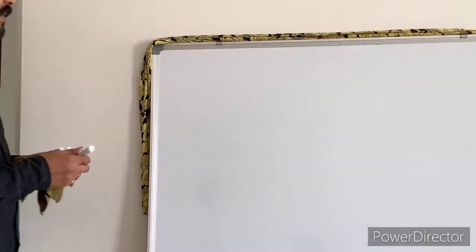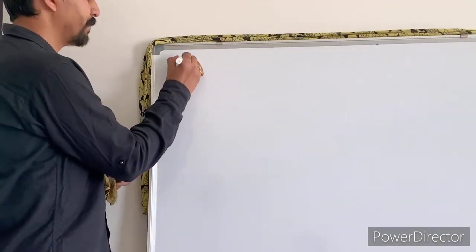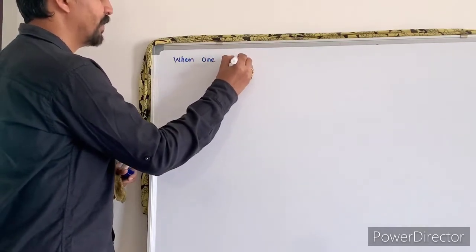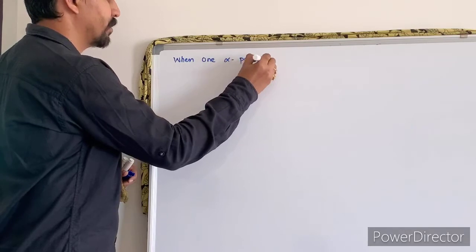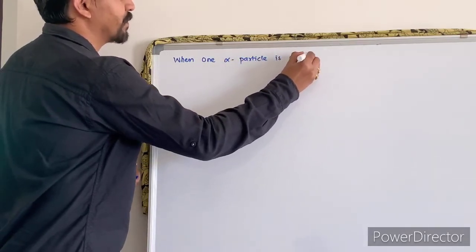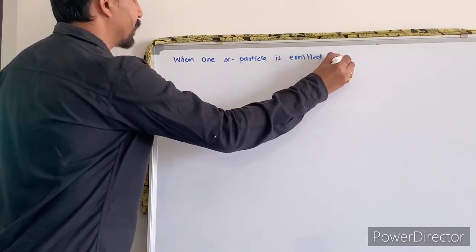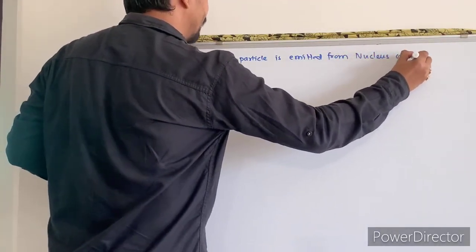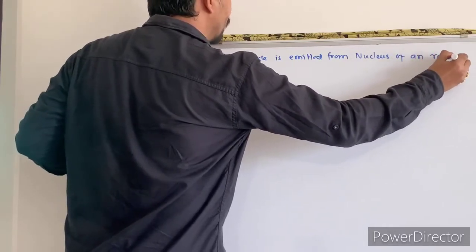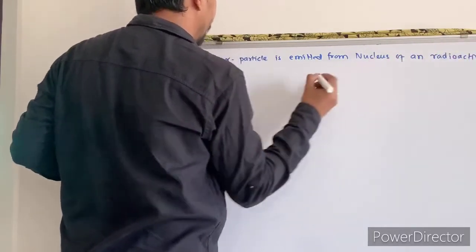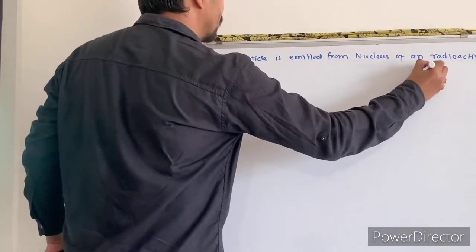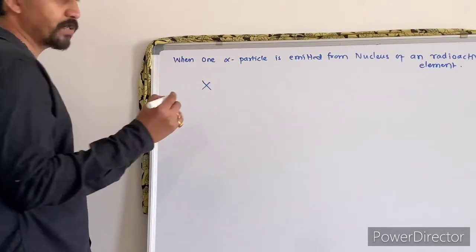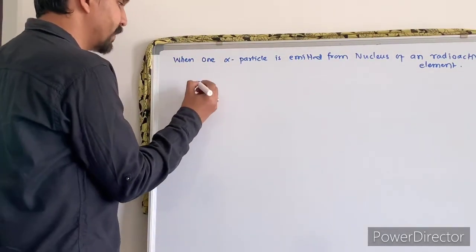So I will write: when one alpha particle is emitted from the nucleus of a radioactive element, right? Radioactive element. So I will write here X is a parent nucleus where atomic number is Z, mass